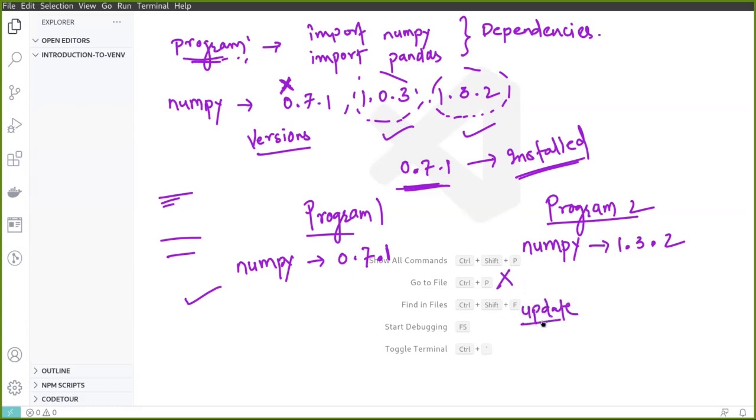You update your current system NumPy, and you now get 1.3.2. After the update, program 2 is working fine. But when you start to execute program 1, this does not work. This is because you currently have a version which might not be compatible with this program. So this is an issue, and virtual environments are there to solve such things.